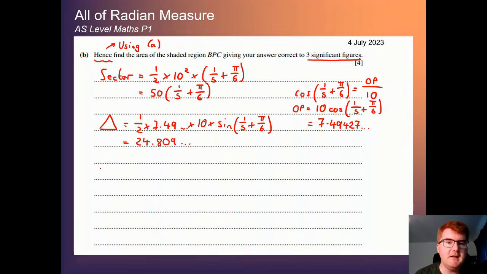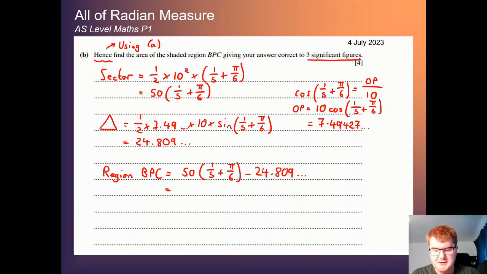24.809 dot dot dot. And so to work out the region that we're looking for, following the strategy we mentioned earlier, we're going to take the 50 times 1/5 plus pi over 6 and then minus the 24.809. I'm using the answer key quite a bit on the calculator, avoiding those rounding errors, which is really crucial. So 1/5 plus pi over 6 minus the answer we just made. That then gives us